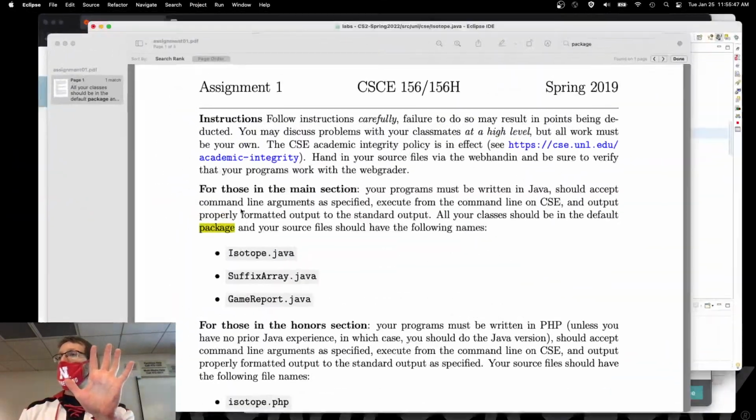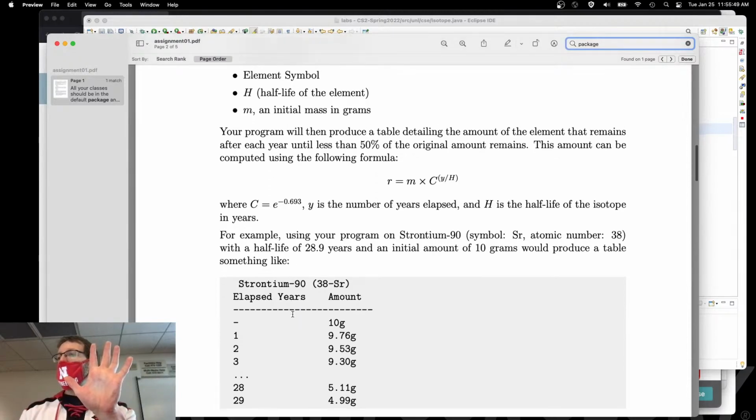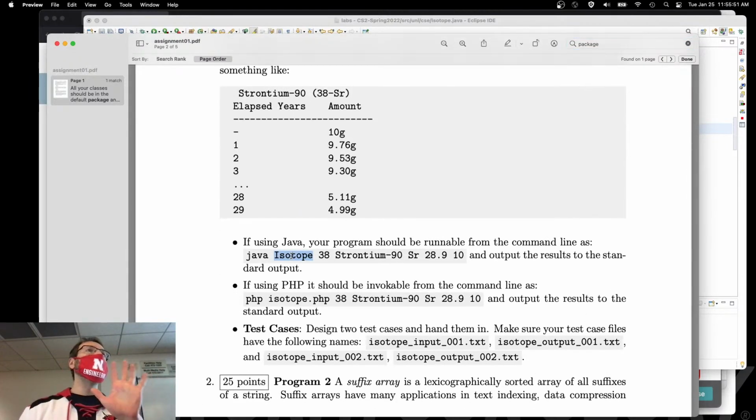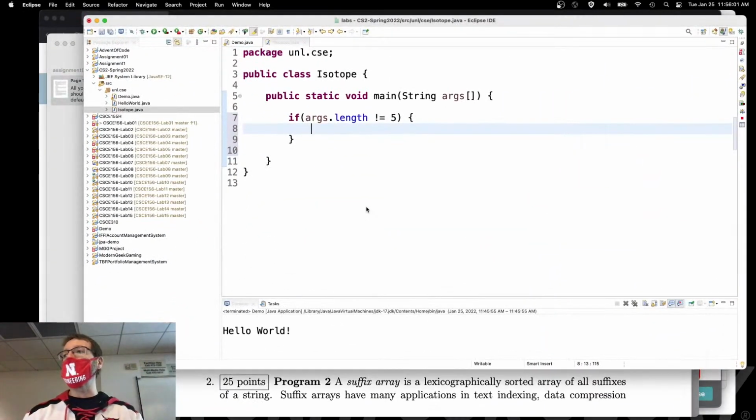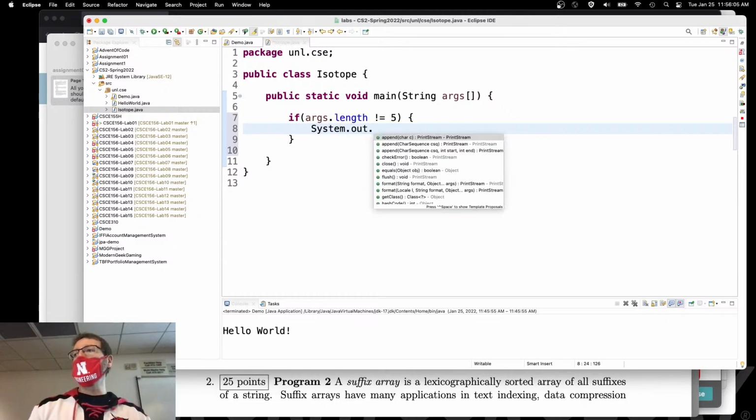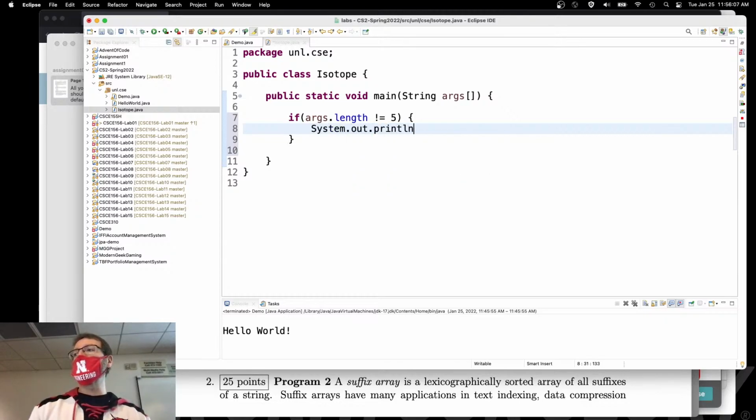This isotope here, where we gave an example, this thing right here is not part of the command line arguments. That's the name of the class. So it's not provided as command line arguments. I'm expecting exactly 5 here, right? Not 6. I'll go ahead and put out an error message here. Now, normally, what I've shown you so far is just println, System.out.println. Error,